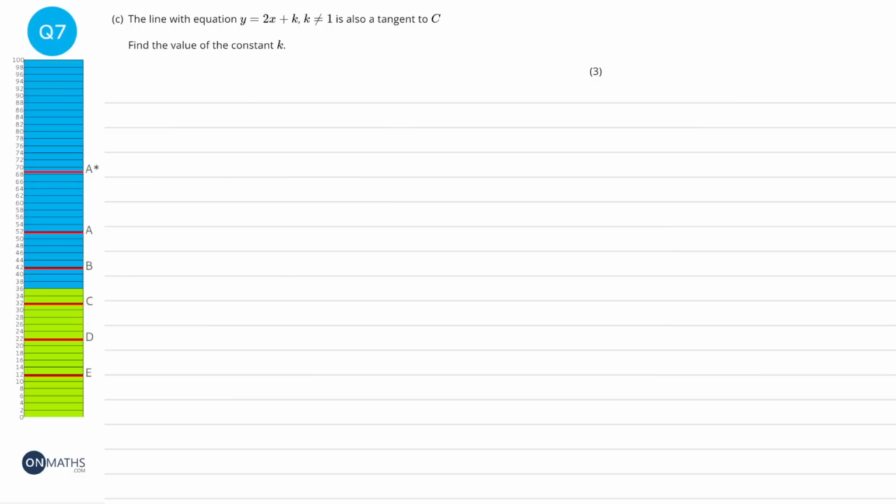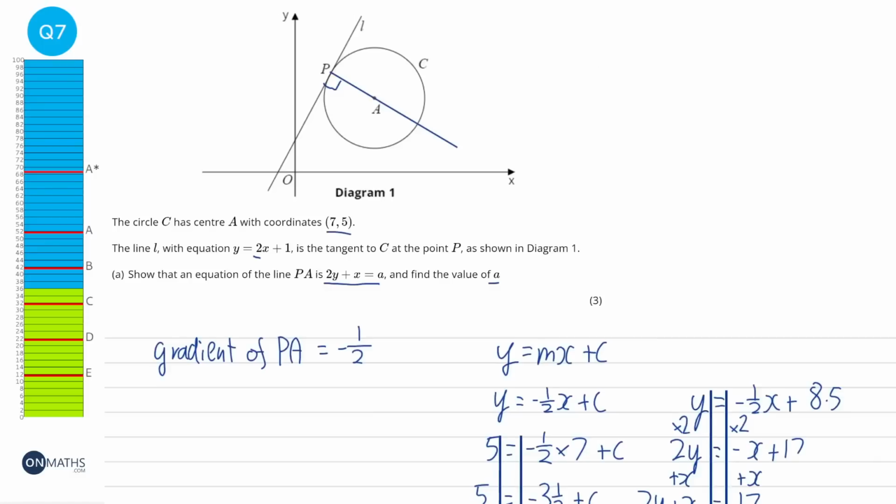So part C says we've got another line that also has a gradient of 2 that also is a tangent to C, so it also touches the circle. So if I draw on the one we've got, which is line L, the only other place that can be is here, on the other side of the circle. So what we can do is we know that to get from P to A, you go right 4,